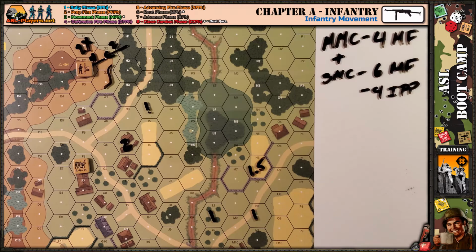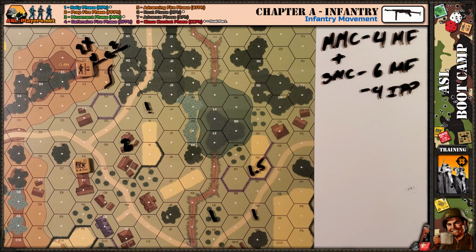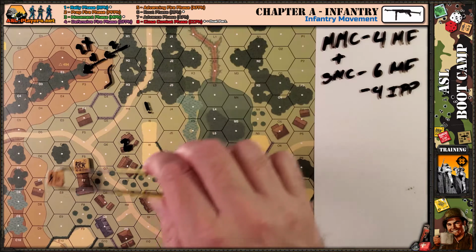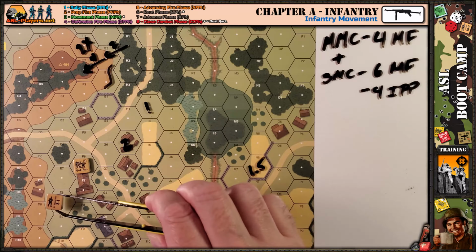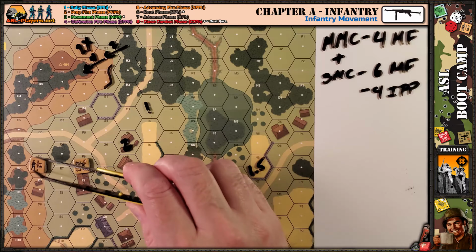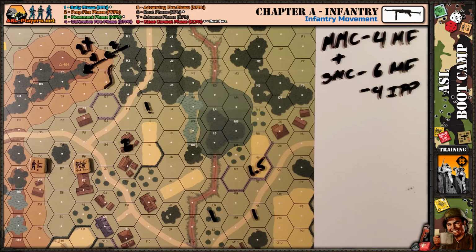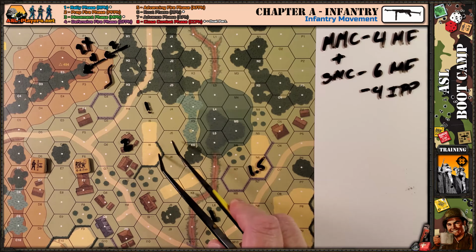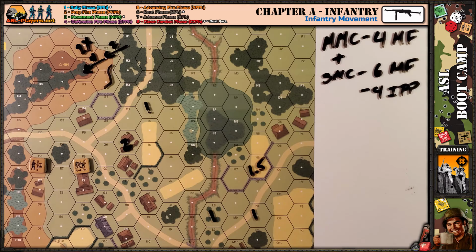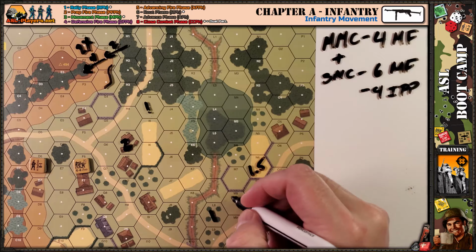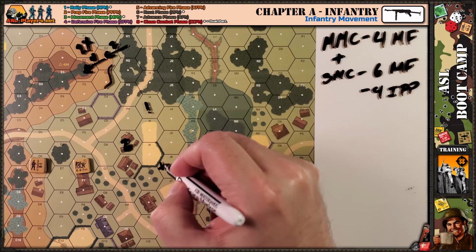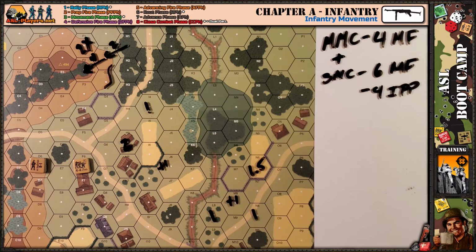Going up hills costs quite a bit, especially when you're moving into other obstacles without using bypass. If he started here, he'd go 1, 2, 3, 4, 5, and he can continue on here to 6 because he's a leader stacked with a squad. Let's see, crossing hex side obstacles like hedges and walls. The wall is +1. The hedge is also +1. So to do that,